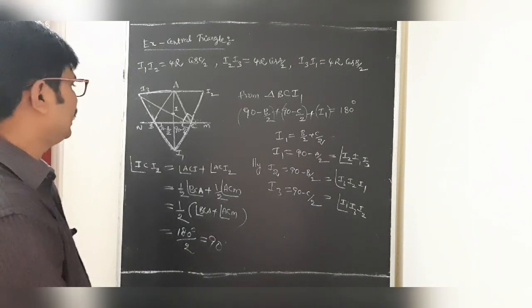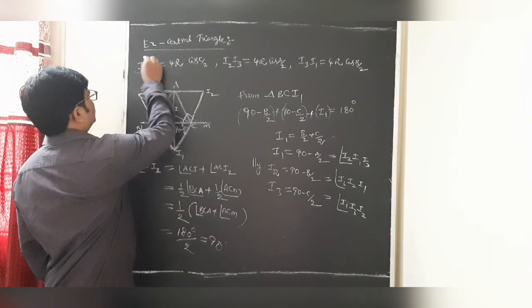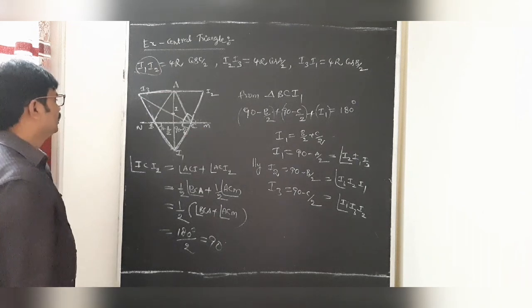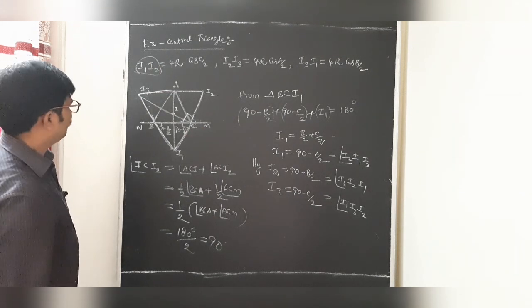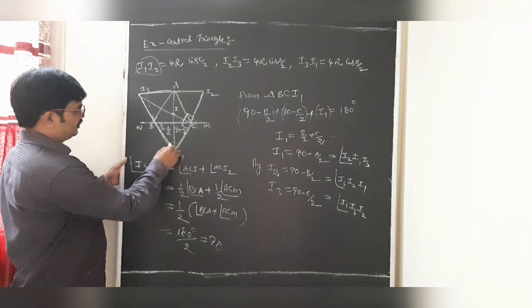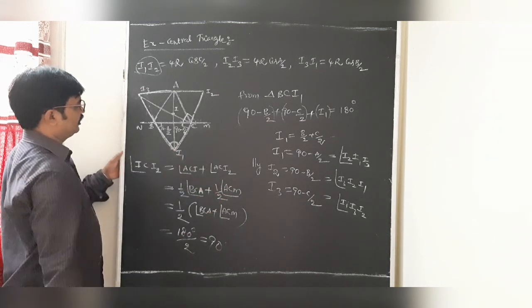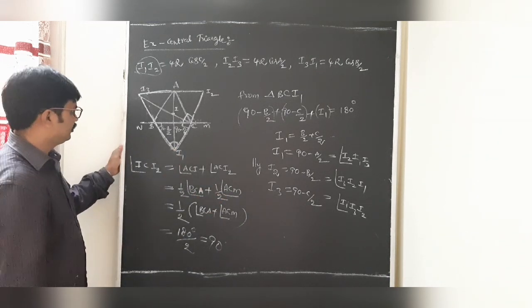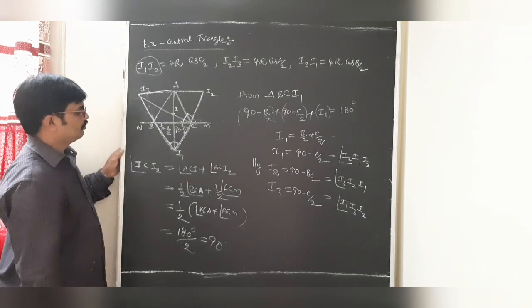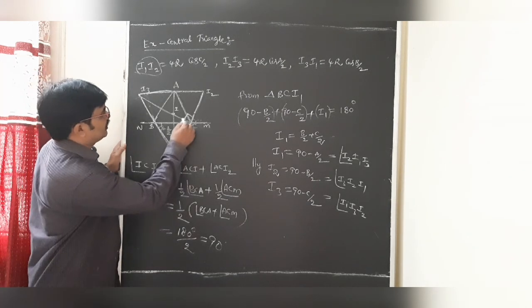Okay students, right now we have to find I1, I2. So my dear students, first we can find I3. I1 is there. We have to find this angle. That's why this is 90 minus A by 2. Right now we got 90 minus A by 2. My dear students, what we observe here, students, this is the 90.